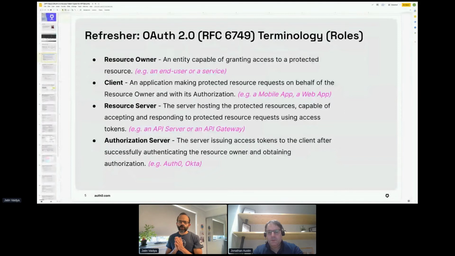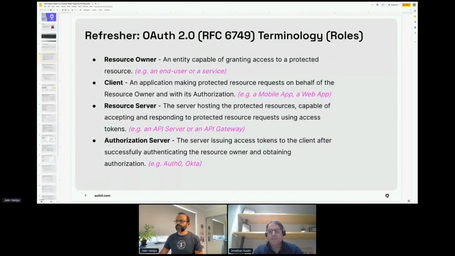As you may know, the access token is one of the most fundamental pieces of OAuth, and basically the whole purpose of existence for OAuth is to enable a client application to receive an access token such that it can use that access token to access a protected resource. That protected resource could be an API. So the access token is a very fundamental part of this whole OAuth puzzle.